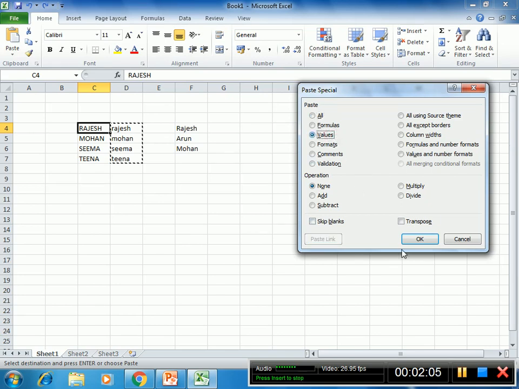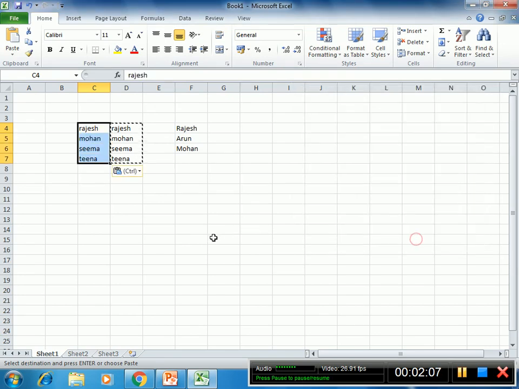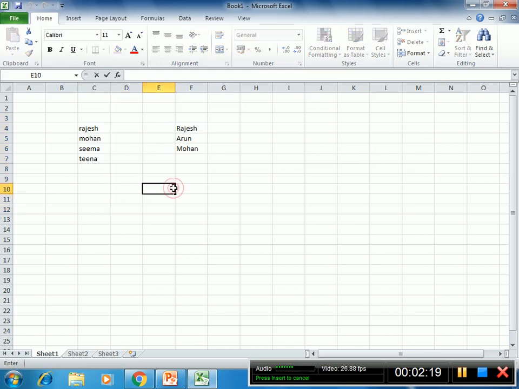Click on that, then click on the OK button. So it has been applied in the same cells. Now you can delete all these names. If you are applying these things in the same cells, this is the only way.